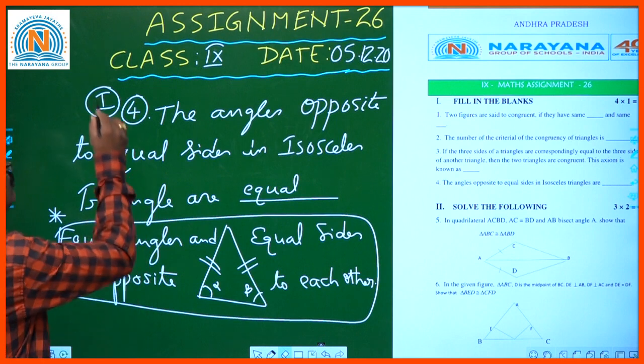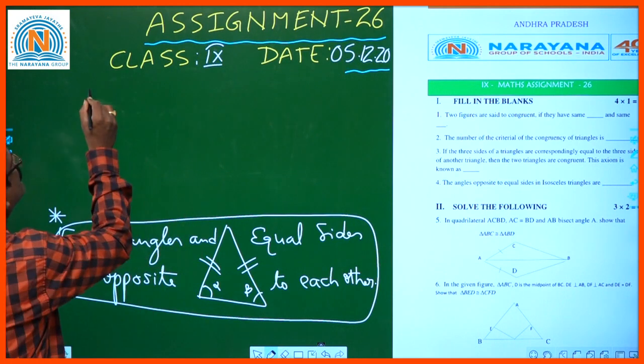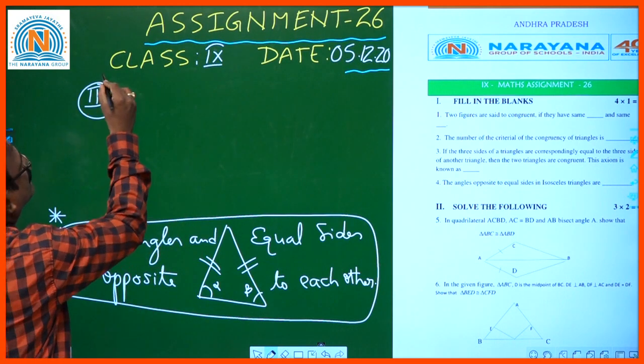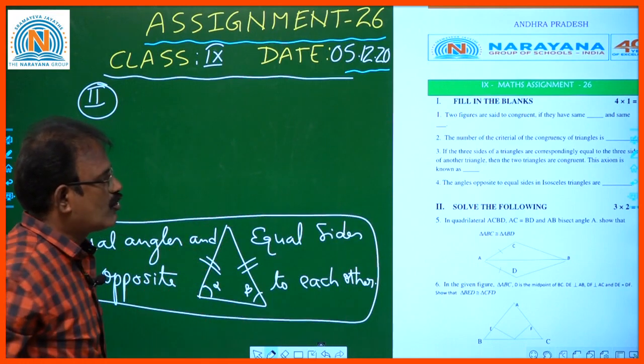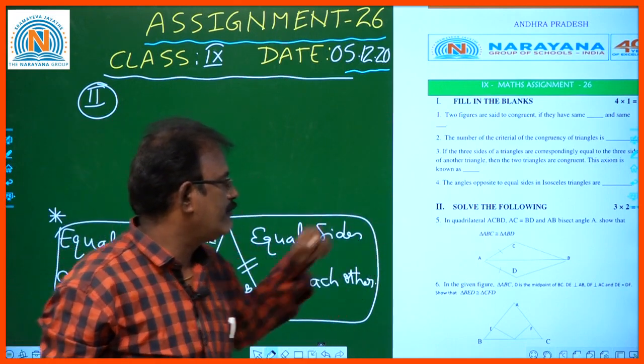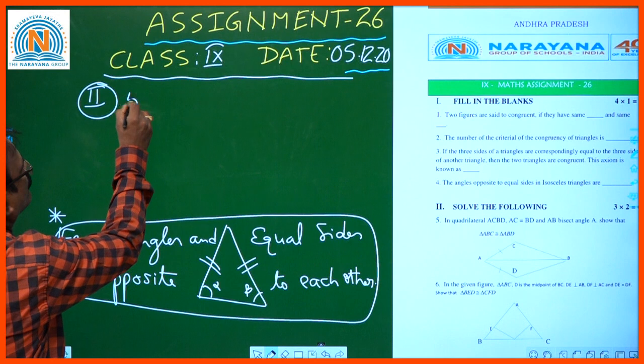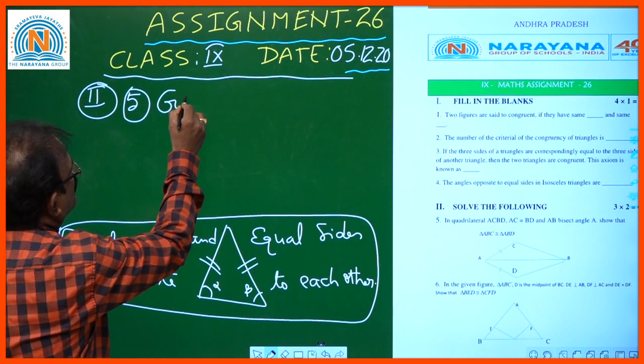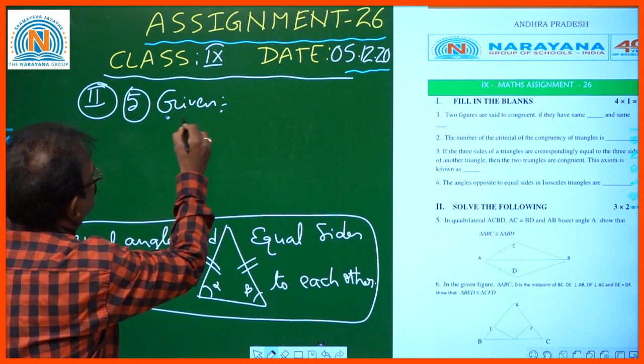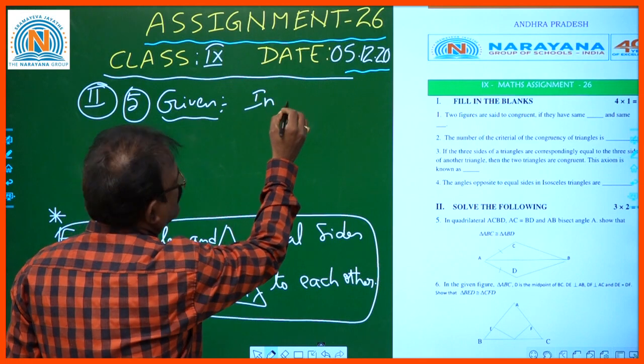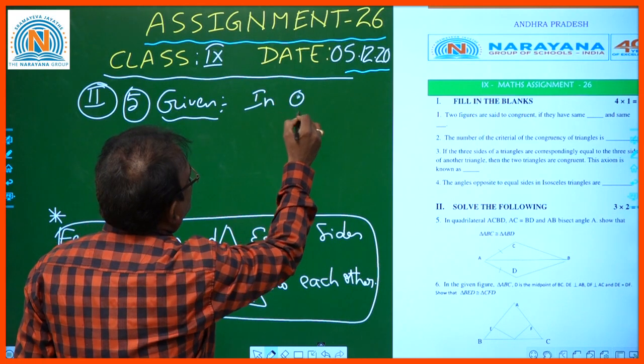So coming back to our next question. Solve the following fifth question. What is given here? In quadrilateral ACBD,